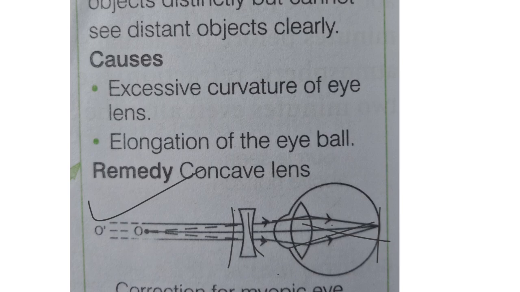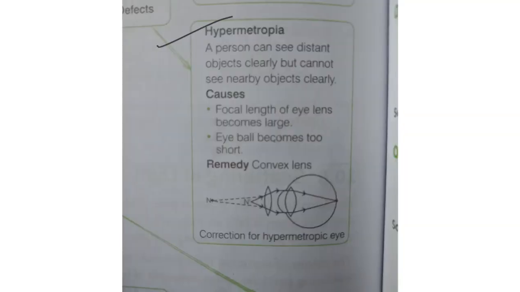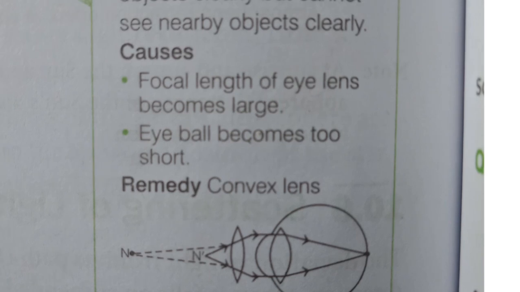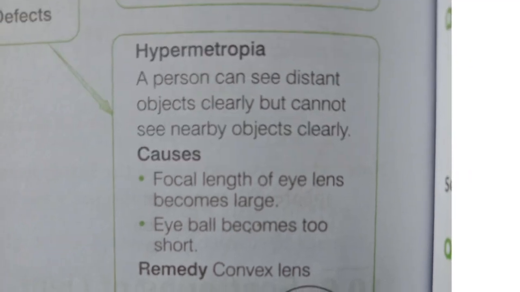Similarly, अब आ जाता है हमारा नेक्स्ट, it is hypermetropia. तो हाइपरमेट्रोपिया क्या होता है, मायोपिया में क्या हो रहा था, in myopia we are getting problem to see distant objects. In case of hypermetropia the things are opposite. In hypermetropia we are unable to see the nearby objects but able to see the distant objects. अब हाइपरमेट्रोपिया में होता क्या है, the near point हमारा जो है ना वो दूर चला जाता है, मतलब जो पहले हमारा नियर पॉइंट था 25, वो 25 ही नहीं रहता है, वो और बढ़ जाता है।